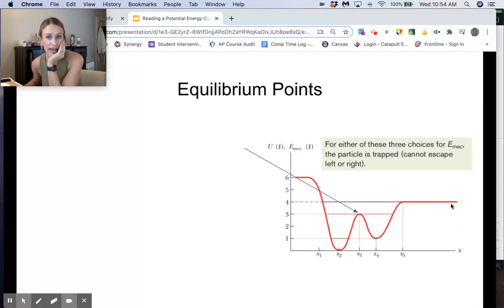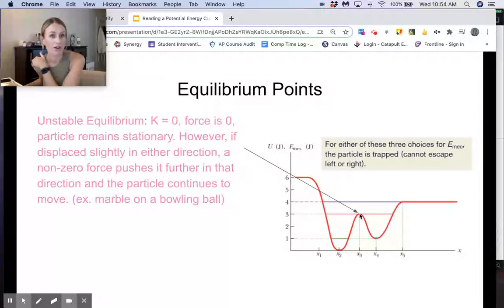Now, instead, say our total mechanical energy is 3 joules, and we draw, again, our horizontal line right here. This point is called an unstable equilibrium. Again, our kinetic energy is equal to 0 because our total mechanical energy is 3 joules, and our potential energy is also 3 joules. So all of the energy is in potential energy. But although our force is 0, it's very precarious here. If we move a little bit to the left or a little bit to the right, we now have a non-zero force, which is going to force it in one of those directions,